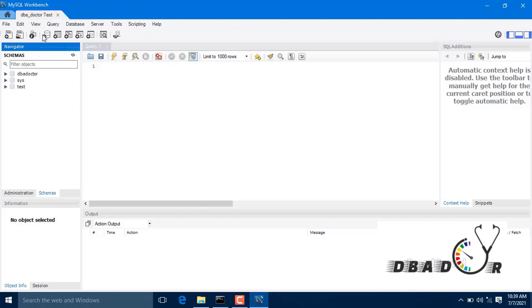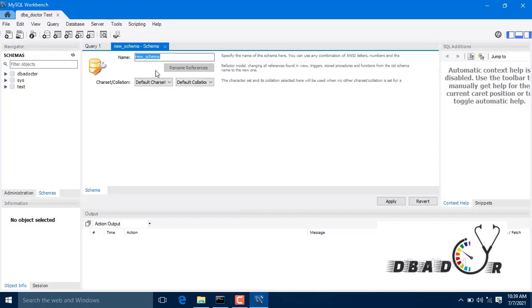Here, there is a pointer; once you click it, a new page will come for creating a schema. I'm going to click here. You can see you have to specify a schema name.